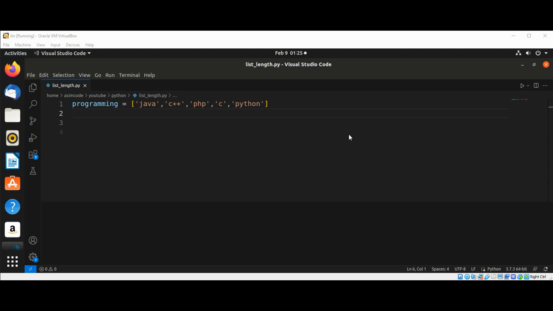In this video, we will learn how to find the length of a list in Python. We can use a length function to find the length of a list. So we have a list over here and we are going to use the len function. So the length function, and we are going to pass in